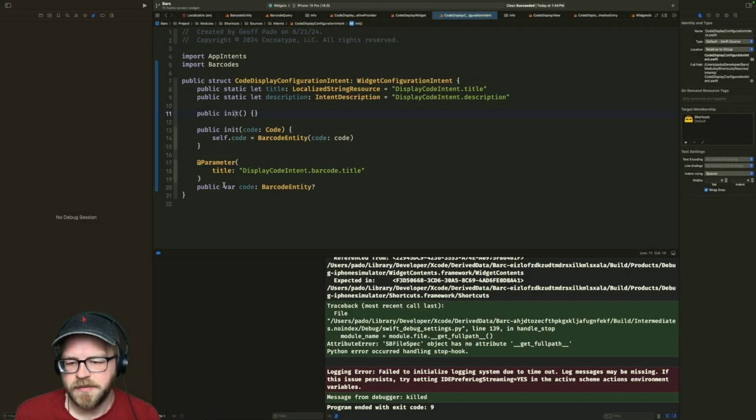I mean, would it not be defined by this protocol here? I feel like I don't know what's going on here, so I'm just going to stop. We're going to run the regular app. This is not something I need to deal with right now.